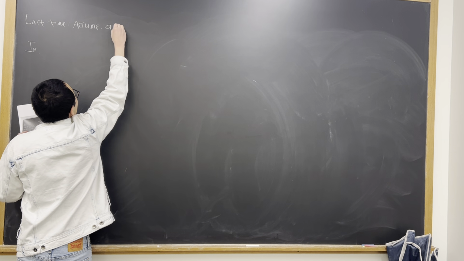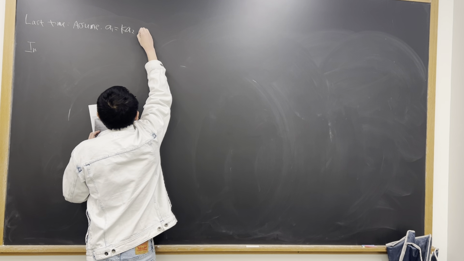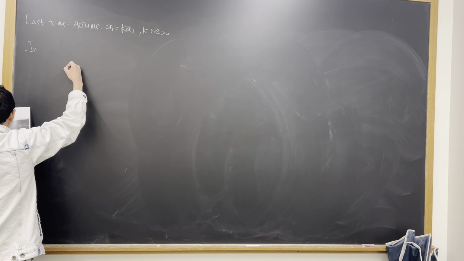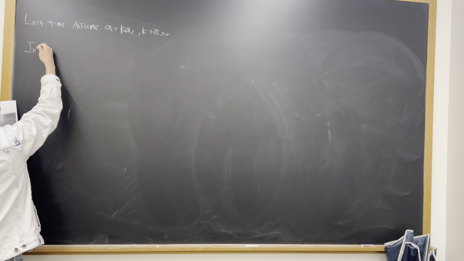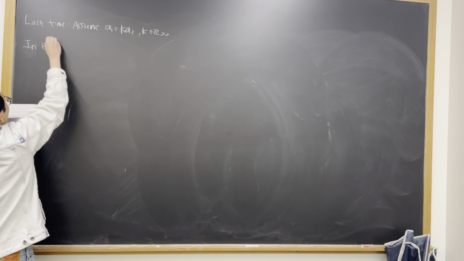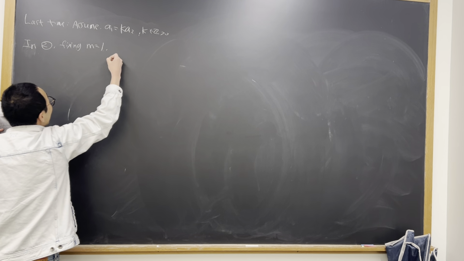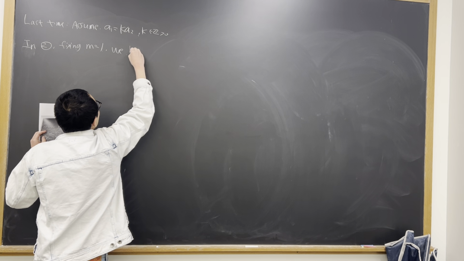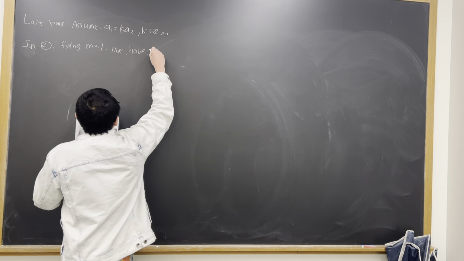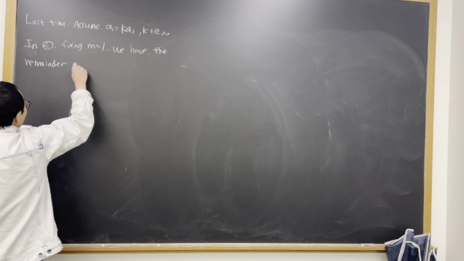we have a1 is equal to k times a2, where k is a positive integer, and then for the remainder, so after fixing m equal to 1, we have the remainder as